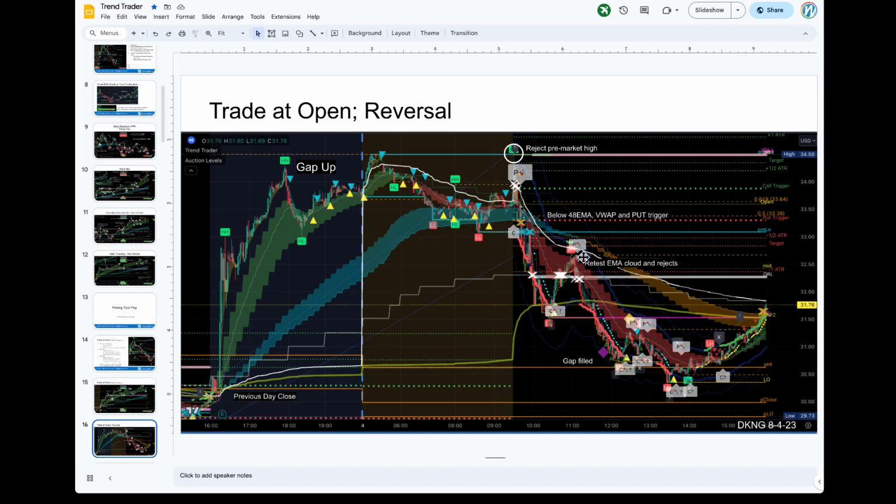Then you have a bounce here. So it looks like it wants to recover the bullish sentiment, but it just rejects, and that rejection right there, again, boom, bearish again. So as you use the indicator and watch the behavior, you'll learn what it means. When you have the EMA clouds and a curl, like this curl here, it could recover the bullish trade, but then it curls the other way and okay, we're back in. Those are the things you want to look at.